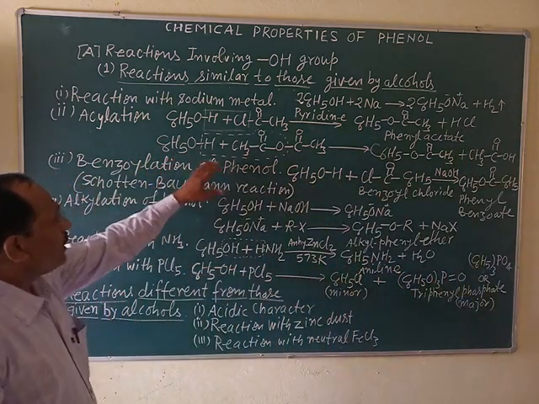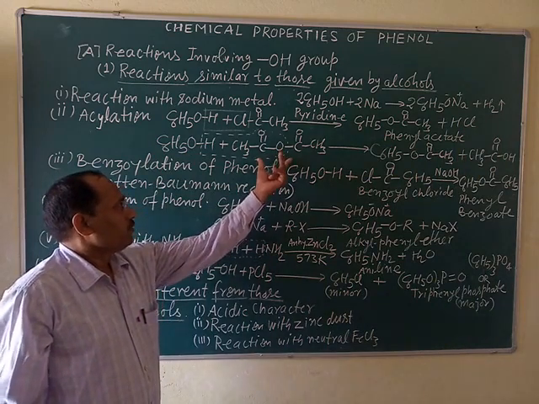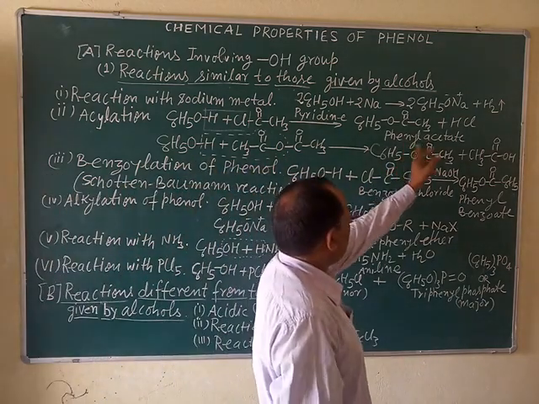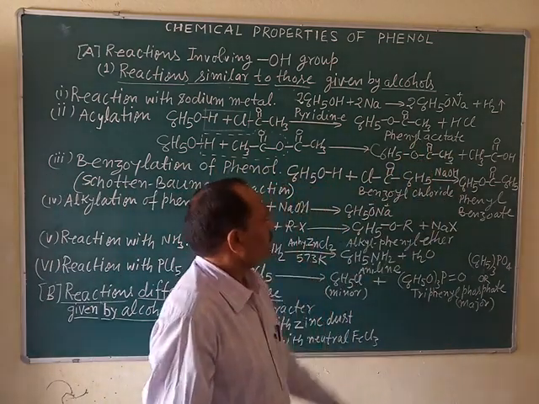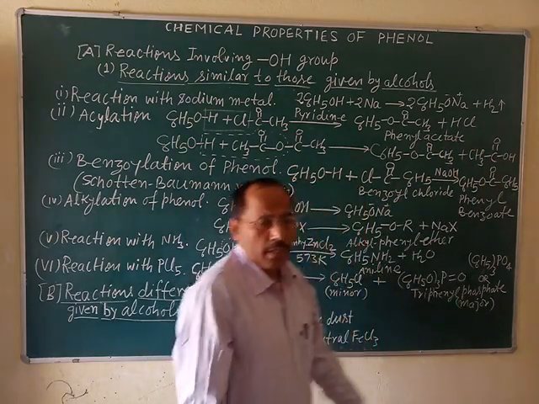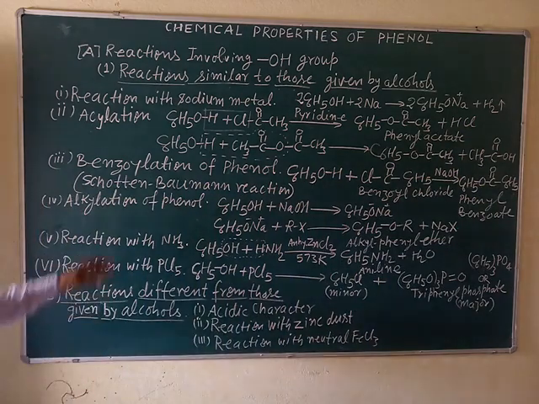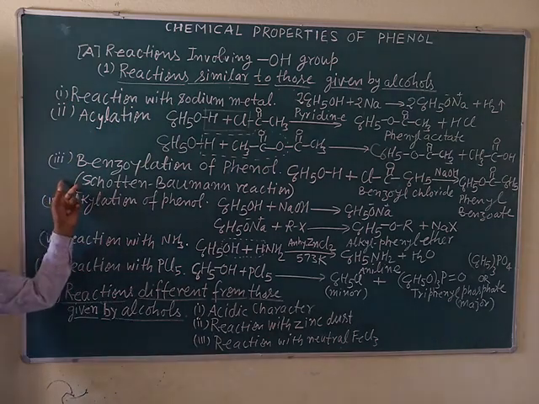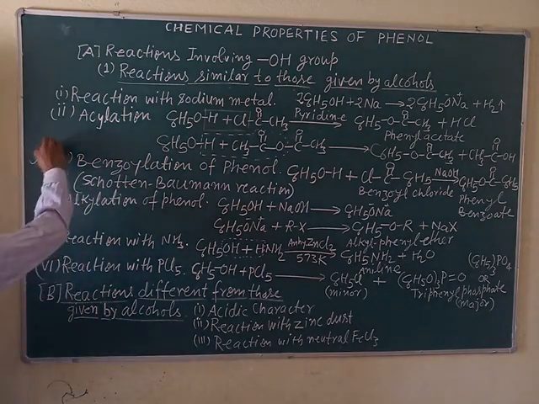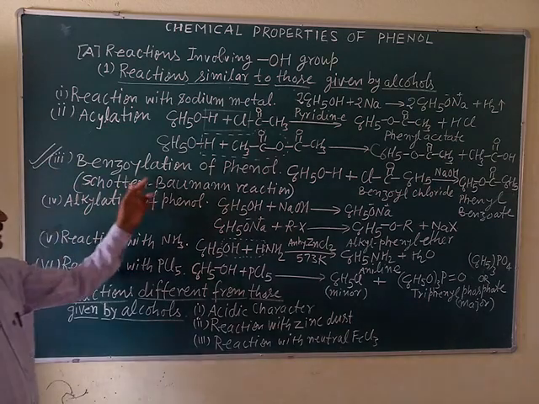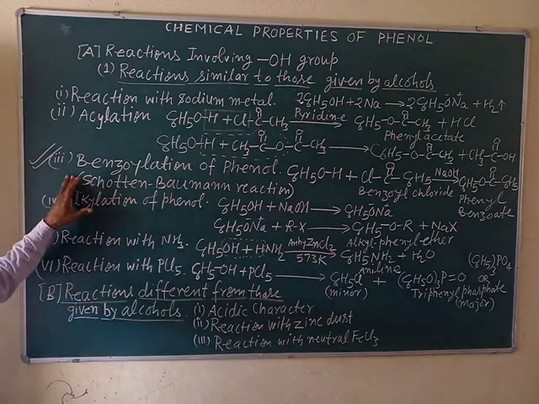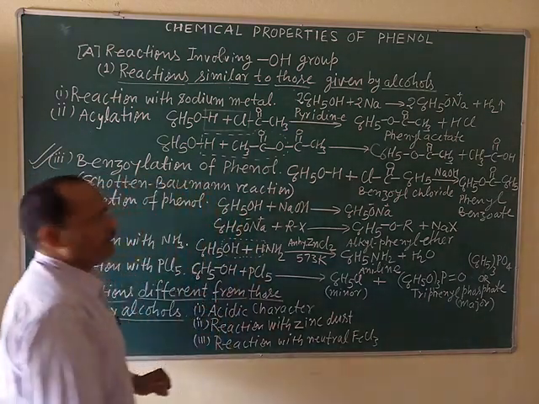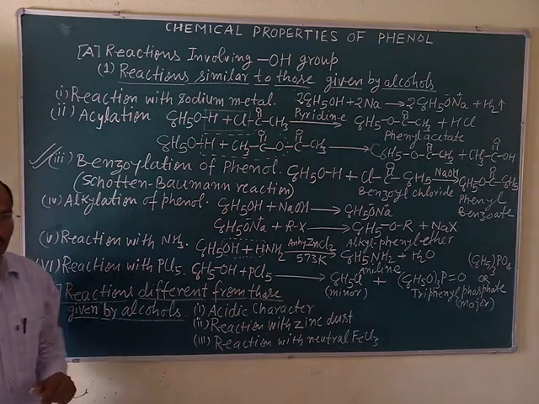When phenol reacts with acetic anhydride, it gives the same product, phenyl acetate, and acetic acid. In place of HCl, in this case, we get acetic acid. This reaction is also similar to that of alcohols. Third reaction, which is a very important reaction, is benzoylation of phenol, meaning when phenol reacts with benzoyl chloride in presence of alkali,